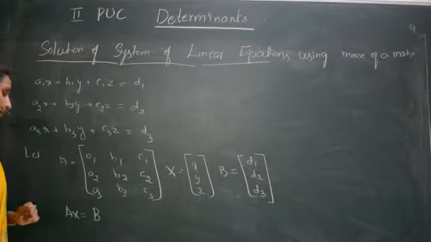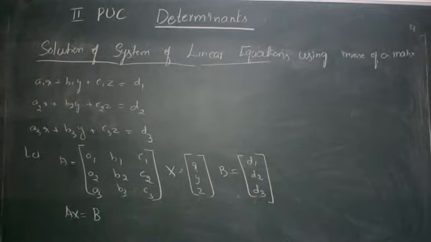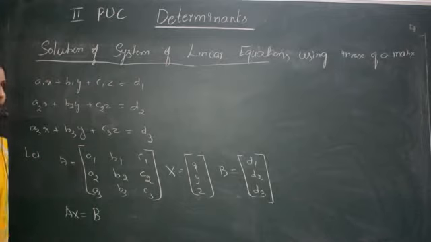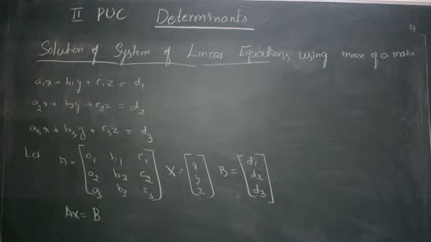So again here AX is equal to B, we can calculate the X value by simplification, but there are two cases now. We have taken matrix A, and there are two cases: A is singular and A is non-singular. We know what singular and non-singular mean. Singular means determinant is 0, non-singular means determinant is not equal to 0. So the inverse exists or not, and then how to find the value of AX equal to B, that we are going to check.